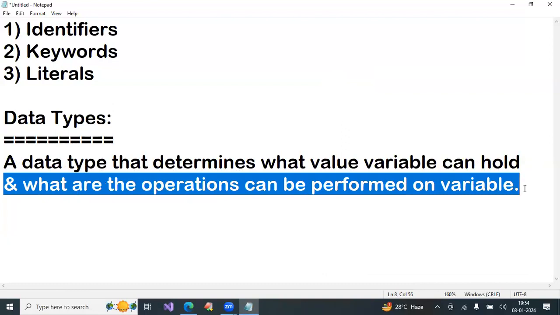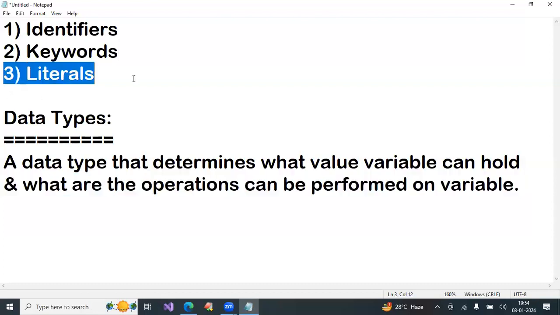Data type decides. Addition possible or not? Data type. Subtraction possible or not? Data type. If an integer literal is there, addition, subtraction, multiplication, every operation is possible.